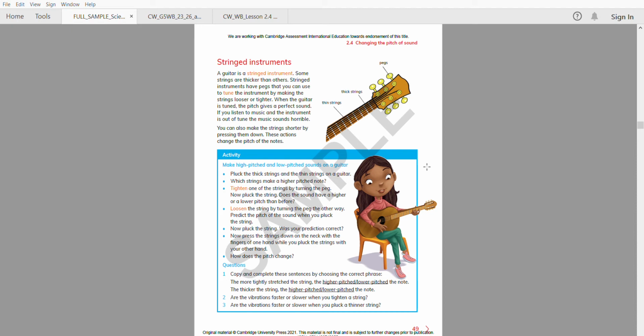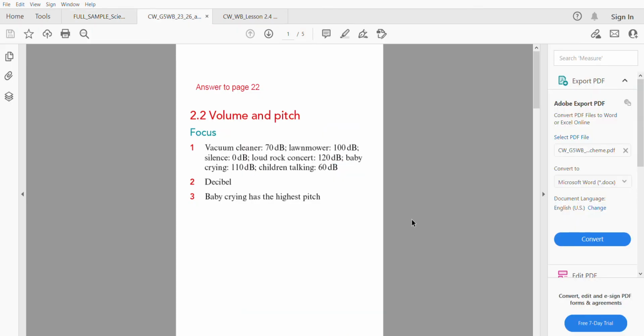Okay? For the woodwind instruments, you observed how the pitch increased in a woodwind instrument by covering holes. By covering holes. The fewer fingers you cover the holes with, the higher the pitch. Remember that. Okay, we also checked your understanding about volume and pitch. Here, we answered book exercises pages 22 to 26. And to answer the focus question, I gave you a tip whereby next time if you encounter the same questions,